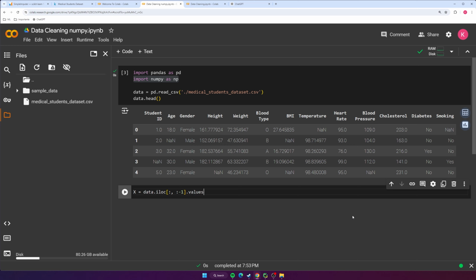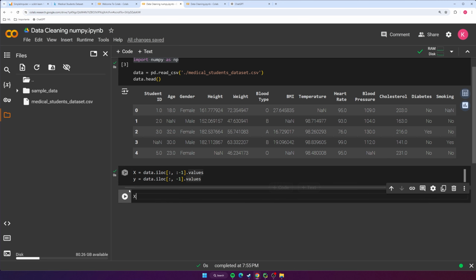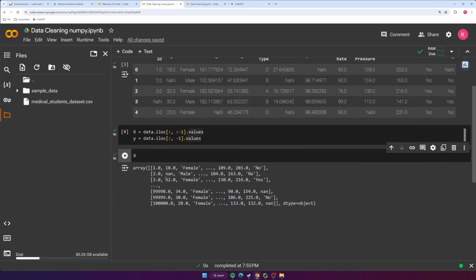which will convert it to a numpy array in the form of a matrix in this case, because we have multiple columns. And then we're going to do y is equal to data.iloc, all rows, and then -1 dot values, which will give us the last column as a numpy array vector. So we run that, and then we can go ahead and print x to verify what it looks like. There we go. So here's our little matrix, and